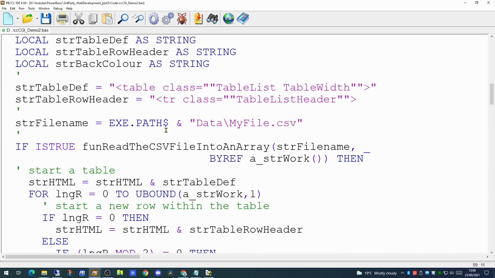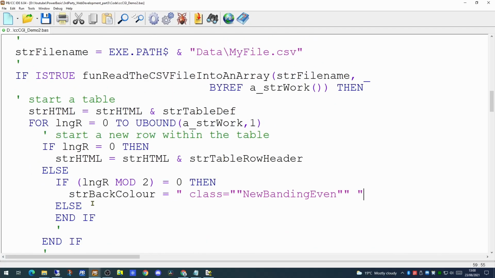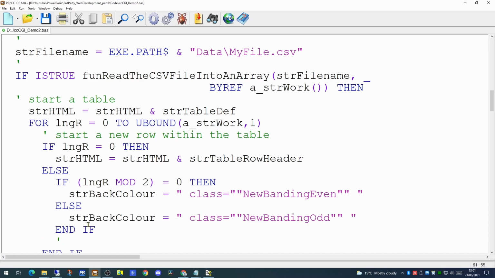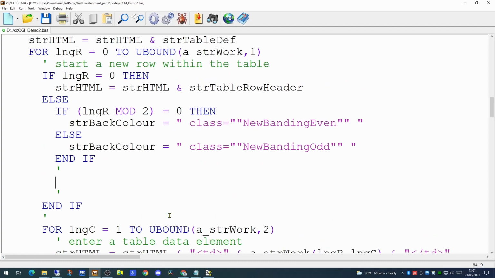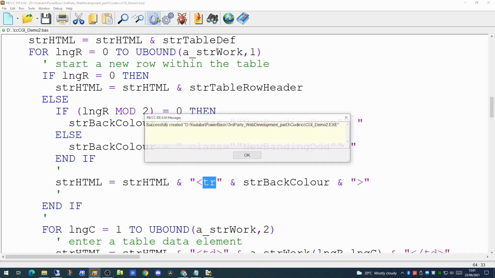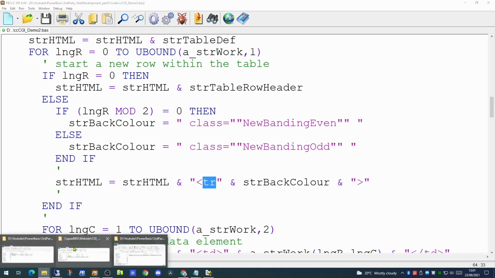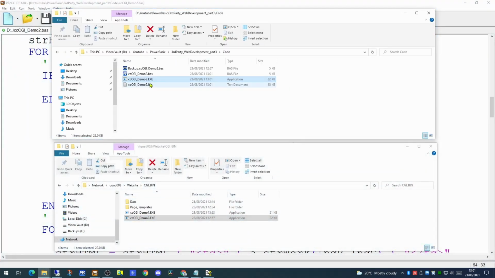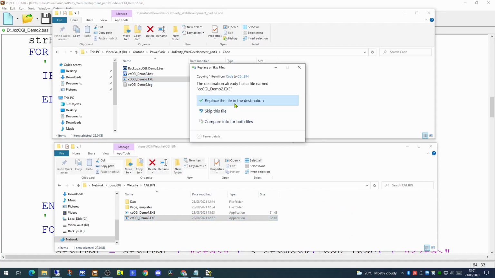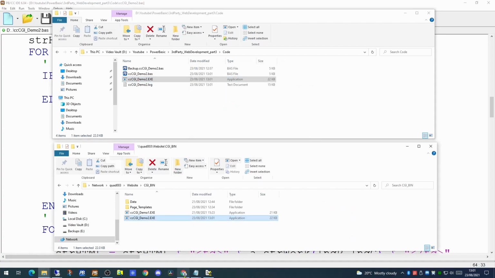And this is where we're going to use the back color variable. So we're going to populate the back color variable with the word class and then equals, and this will be our new banding even. And where the remainder is not 0, we'll make it a new banding odd. And then once we've done that, we then have to update the HTML so that this starts a new row with this back color in place. So if we try compiling that, and we will then copy that into our web server. And if we try running it once more,